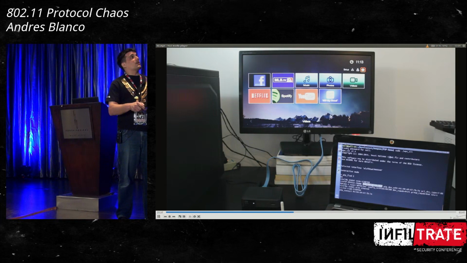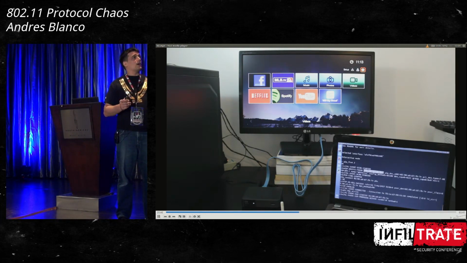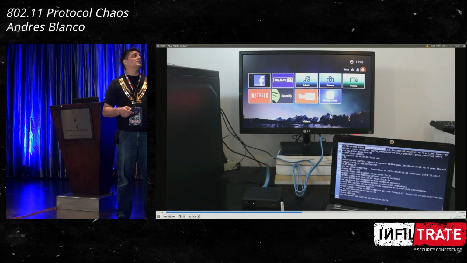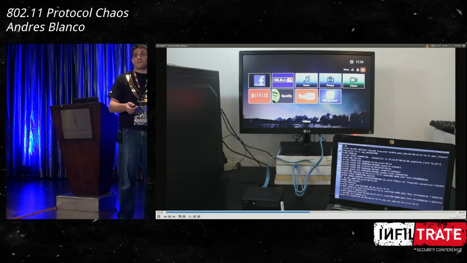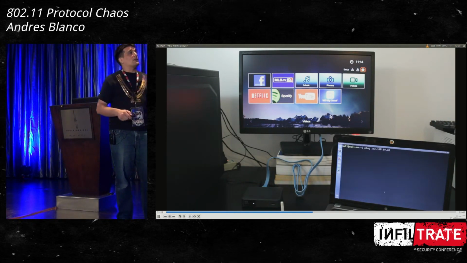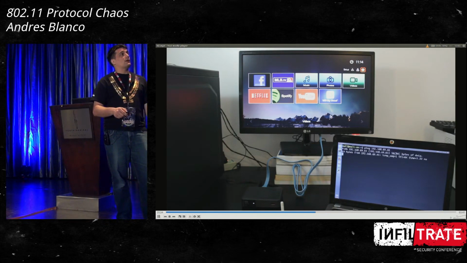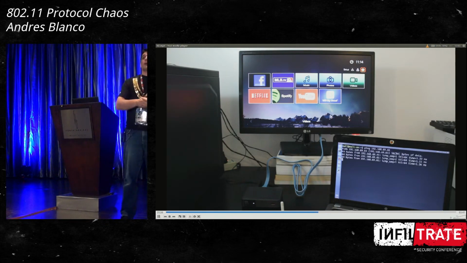And we are seeing here the screen, okay? The screen of the device is not showing anything. I'm connecting, the device is connected now. Nothing happens. So if you're using this device, you will never notice someone is connected to your device. And now I'm going to ping the device to show that I'm connected to the device. So I'm connected to the device, and the device is connected to my wireless network, okay?